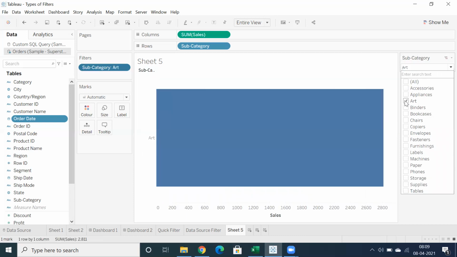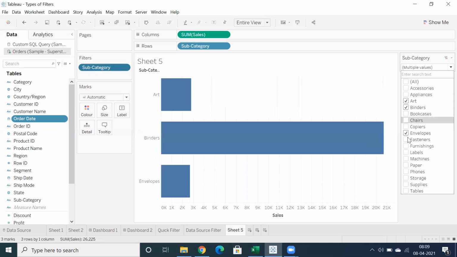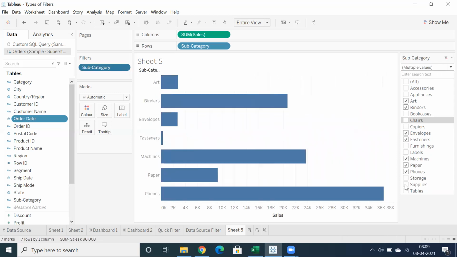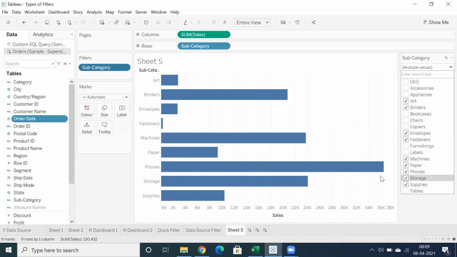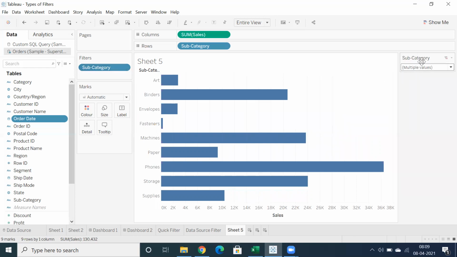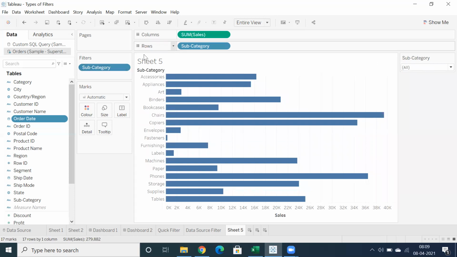If you want to select a few of the results, you can select those subcategory values. Clear? Any questions? So we don't prefer custom value list. That's what the general tab is.